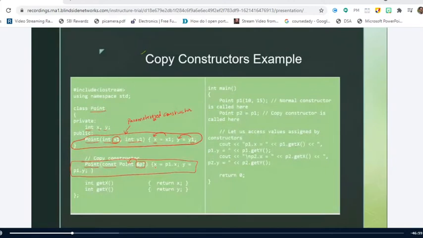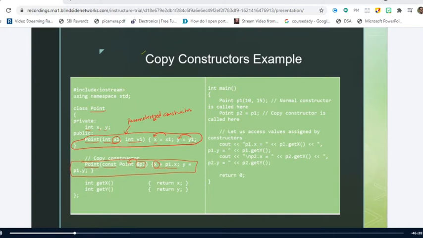Within the body of the copy constructor, I have assigned, see this statement, x is equal to p1 dot x. What is this x which I am rounding off here? This x belongs to the private data member of the present object, right?